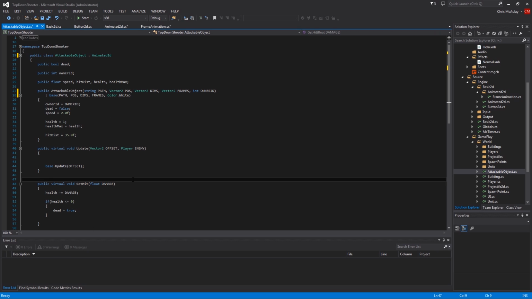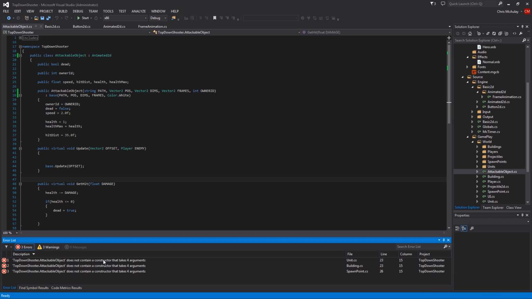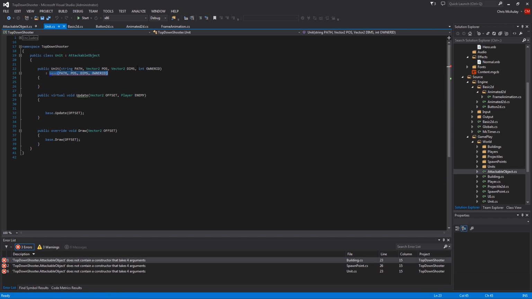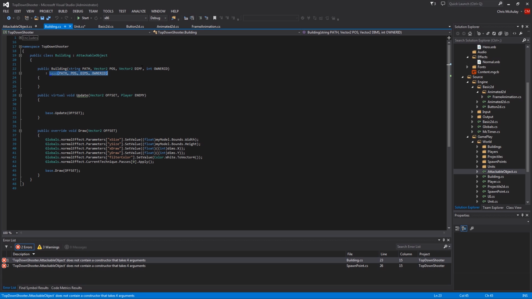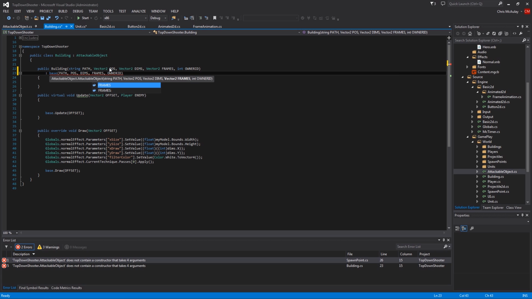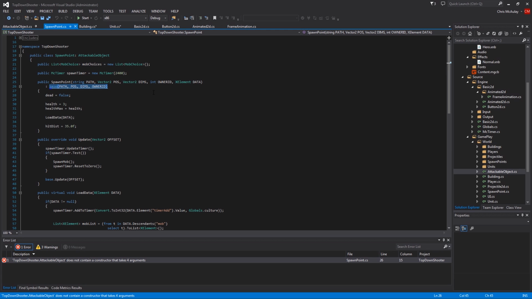So that's that. Now when I build this, we're going to break. We're going to break a lot more than these 3 times. It just hasn't found it yet. So vector 2 frames. Fat finger some stuff. FRAMES. Okay, let's copy paste that because we're going to be using that a lot. Okay, that one's done. Let's do this one. And frames, and then we do this last one, and then we're going to build it, and it's going to break